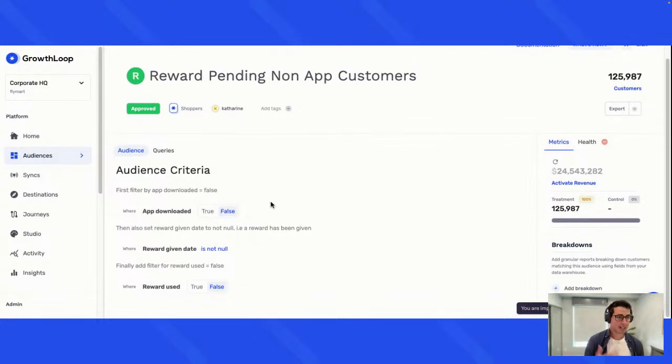You define the criteria, essentially defining the segment that you're interested in targeting. In this case, we are leveraging a couple of different customer attributes. Here in our customers table, we want to make sure we're filtering for app downloaded equals false. And we want to create a campaign targeting non-app users who have a reward pending. So maybe we want to incentivize them with an extra boost to their reward if they download our app. We'll define that by